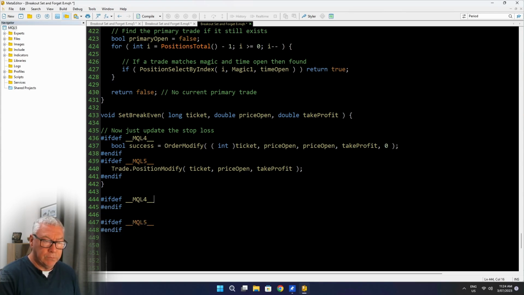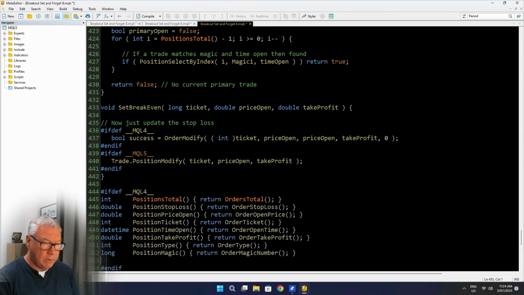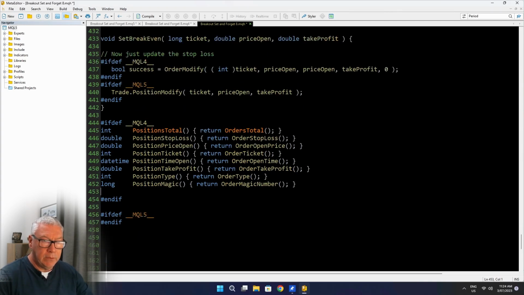Let's start with MQL4 because it's at the top. Here are my single line functions. Positions total, which is a native function in Metatrader 5 but doesn't exist in Metatrader 4. So in Metatrader 4 I'm returning orders total. Then the rest of these, position stop loss, price open, ticket, time open, take profit, type, and magic, I can simply return the matching order stop loss, open price, ticket, open time, take profit, type, and magic number functions from